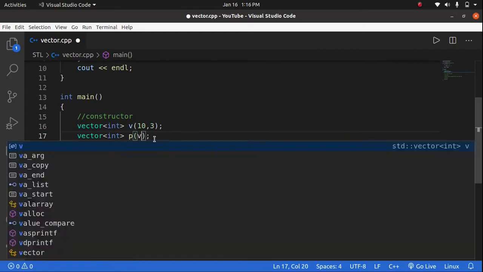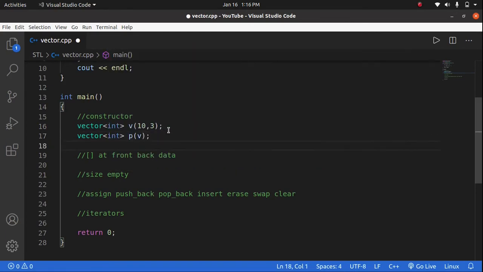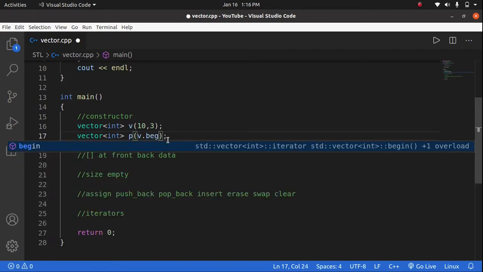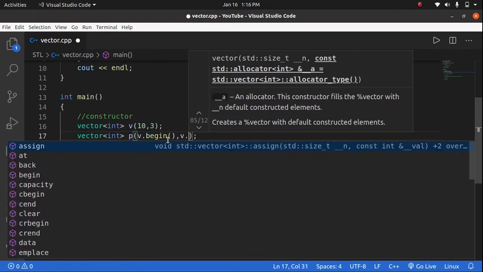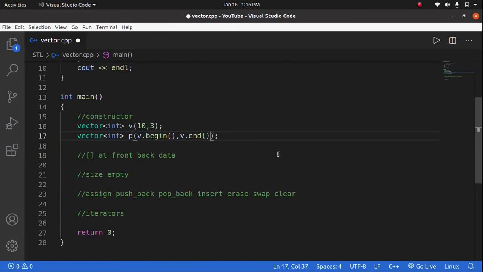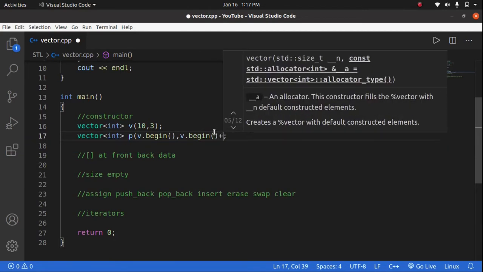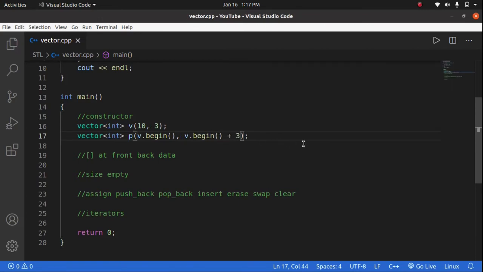Like if we are making the p vector, we use the v vector, then the p vector will have all values of the v vector. The other way we can use is iterators, like we can use v.begin and v.end. Now this will copy the whole v vector to the p vector, and the p vector will be made. Now, if you want a sub array to be copied in p, then we can use the iterators like this: v.begin plus any value, like 3, 2. Okay. Now it will copy the sub array of the v vector into the p vector while making it.